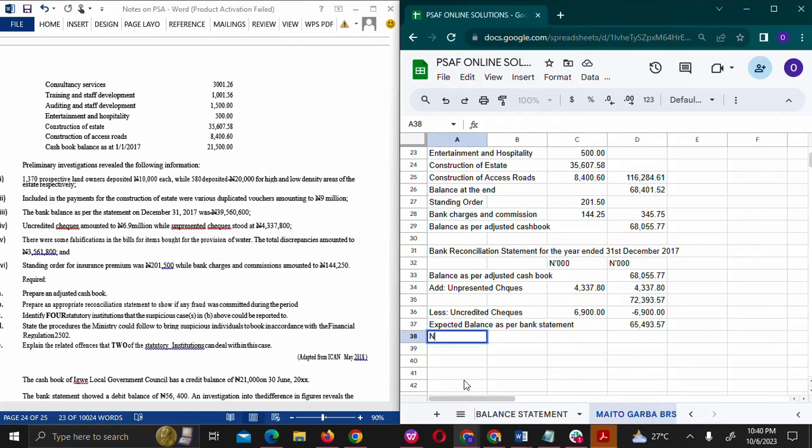The bank balance as per question is how much? 39,560.6. So if the balance is there, it means that the amount missing, or you may want to call it your cash shortage,